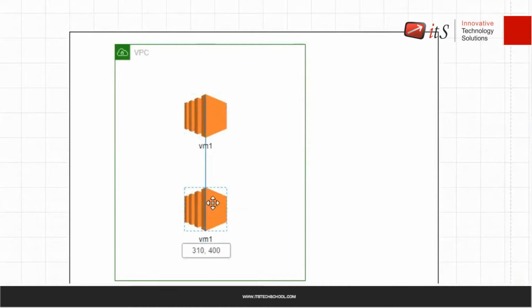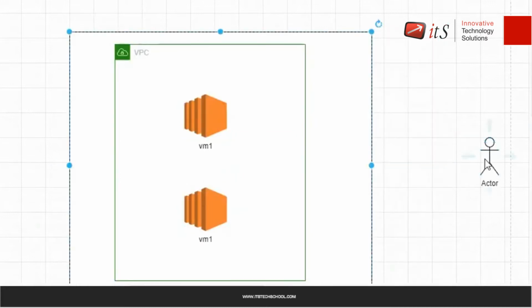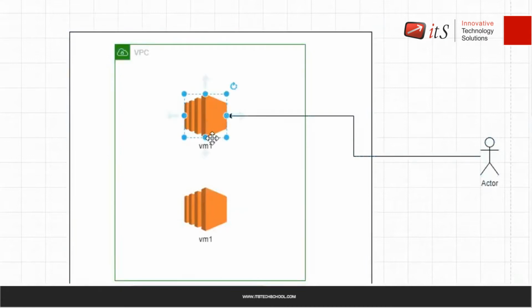Now, the customer is going to access your web server over the internet, right? And what about the database? People are not going to access the database. Let's say this is my customer, and the customer will access the URL or the IP address of my web server, right? And this web server will be connected in the backend to my database server. So this is my web server, and this is my database server.